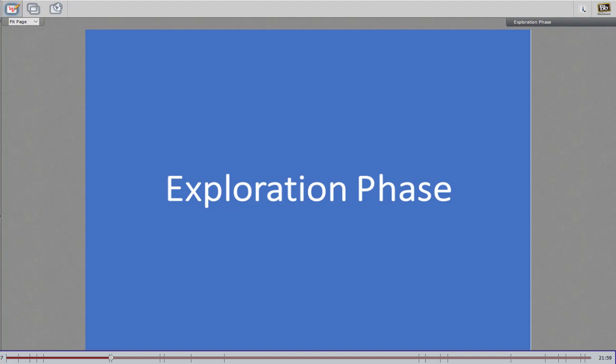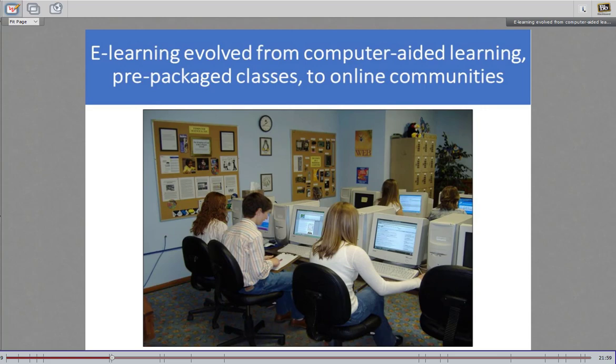Those are all things that I hadn't really thought of, but we'll talk a little bit more about them. So, all right, for the exploration phase, we'll be very quick here. And as you were gathering from my icebreaker, the idea of e-learning has evolved. If you remember way back, like in the early days of the PC when they became available, in the 70s, 80s, and of course more into the 90s, and here's a picture from the 90s, that idea of computer-aided learning,